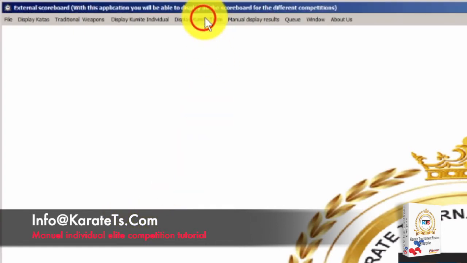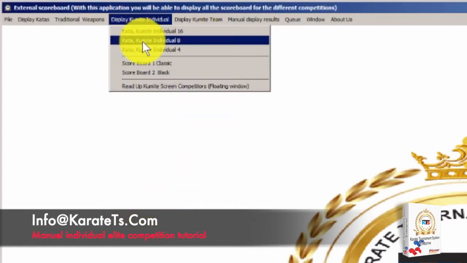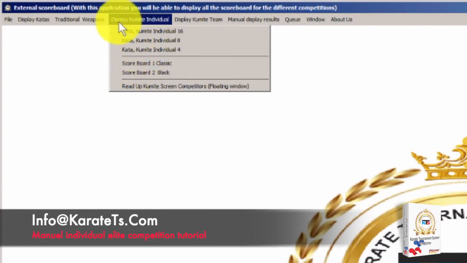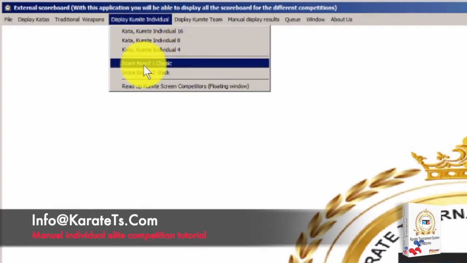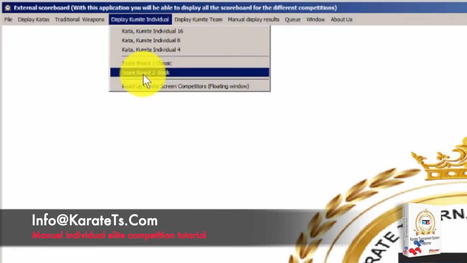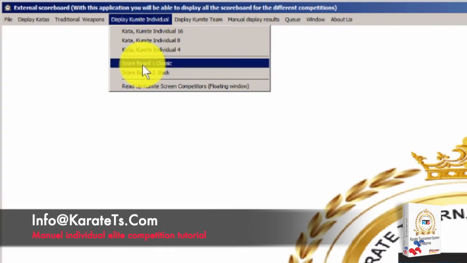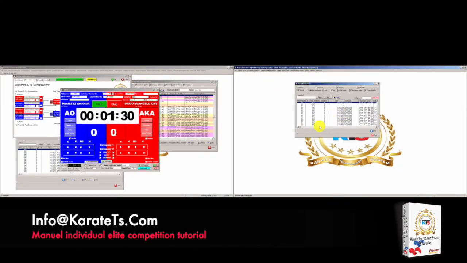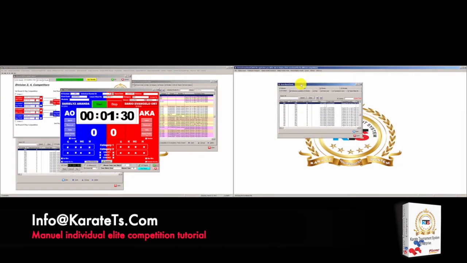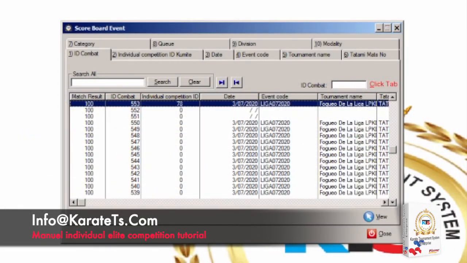Pretty simple. We'll go here and look for the scoreboard. We're in Display Kumite Event. We're going to look for the scoreboard classic version, but you also have a black version, which is another version with a different theme so that you can have different types of displays. So when we click here, we get this screen. This screen is asking us to select the event, the combat that you want to be showing. What combat do you want to be showing? Well, I want to be showing the combat number